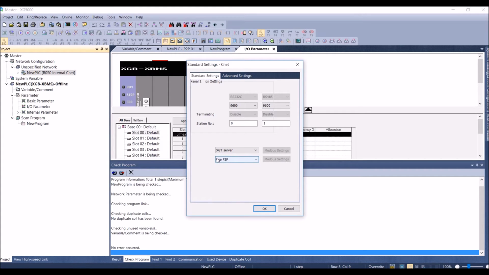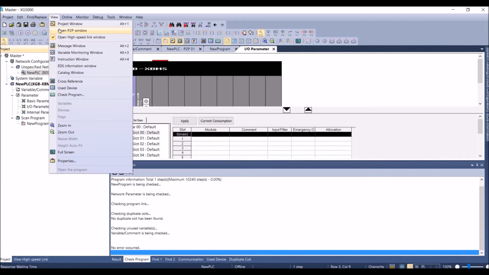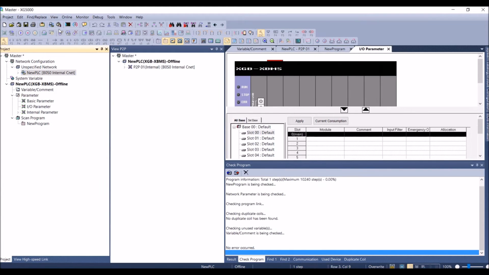Under the RS-485, select the option as use P2P and press OK. And now we need to configure the P2P settings. So click on View, click on Open P2P window, and now we do have the P2P settings. So this is P2P01,